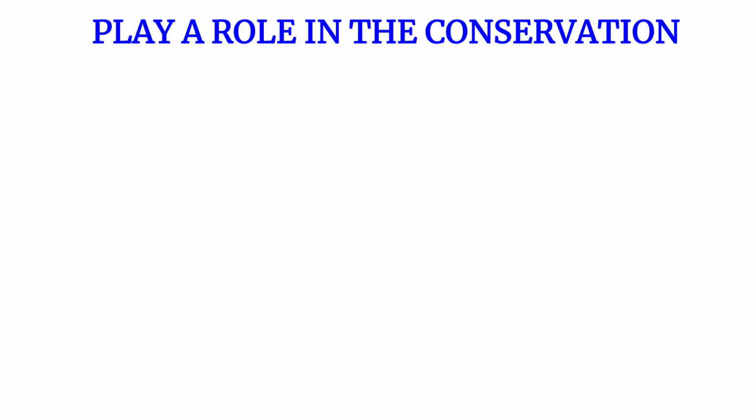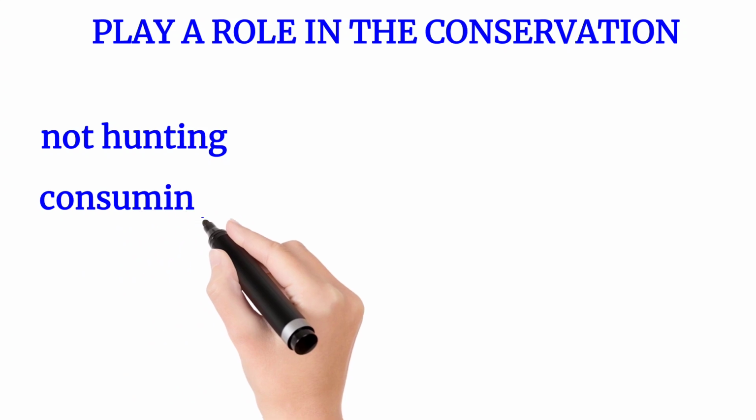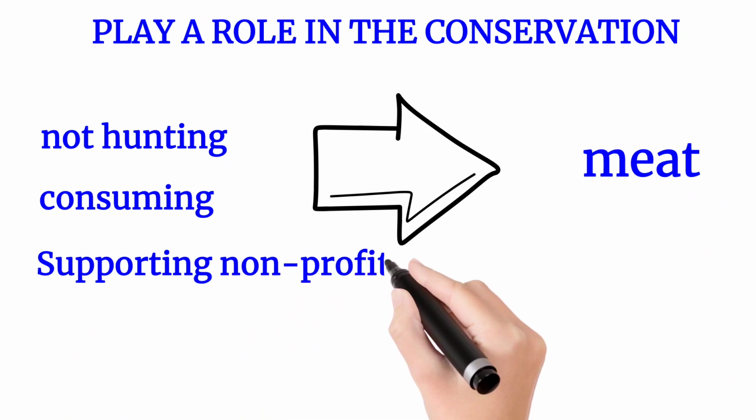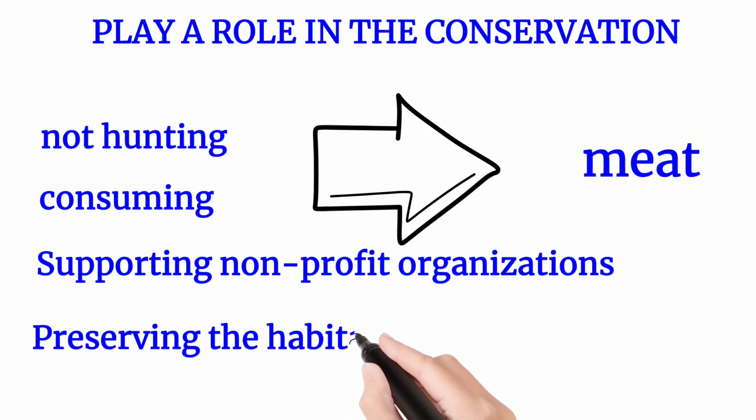We can do things like not hunting or consuming the meat of the Gazelle Mountain Goat, supporting non-profit organizations that work for the conservation of the Gazelle Mountain Goat, preserving the habitat of the Gazelle Mountain Goat,